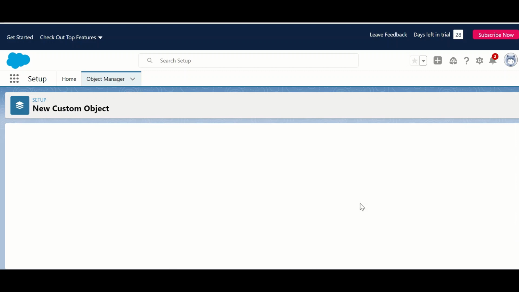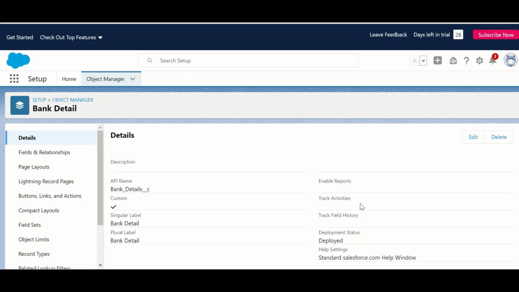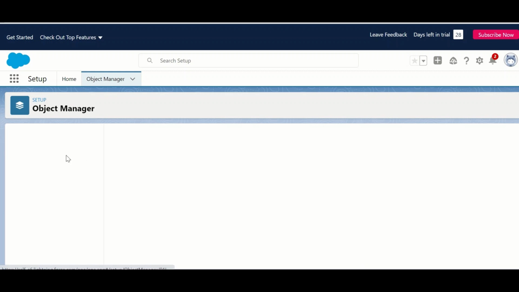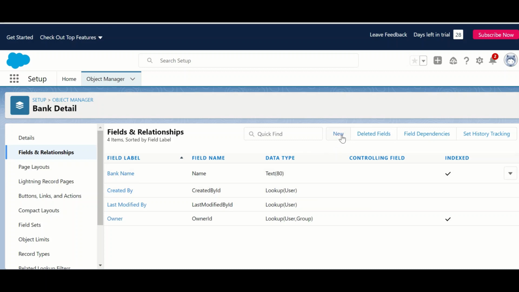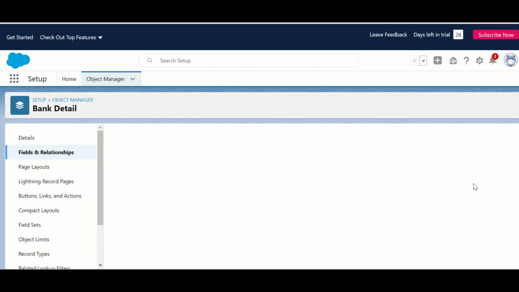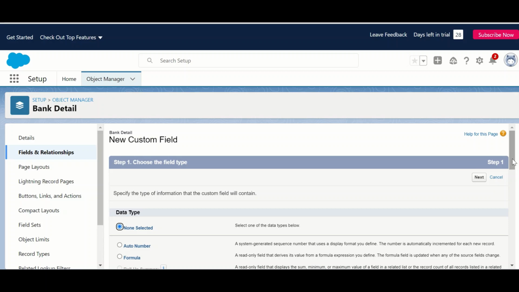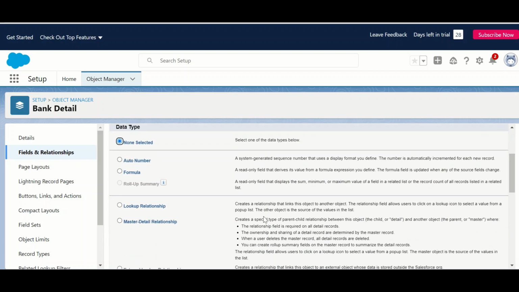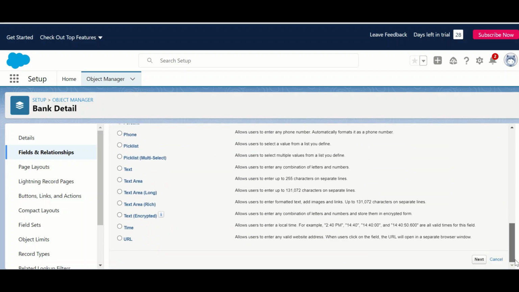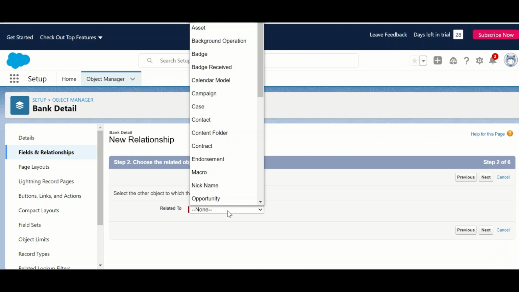Create. Object has been created. Now we will create one master details relationship for contact object. We will create this master details relationship related to contact.